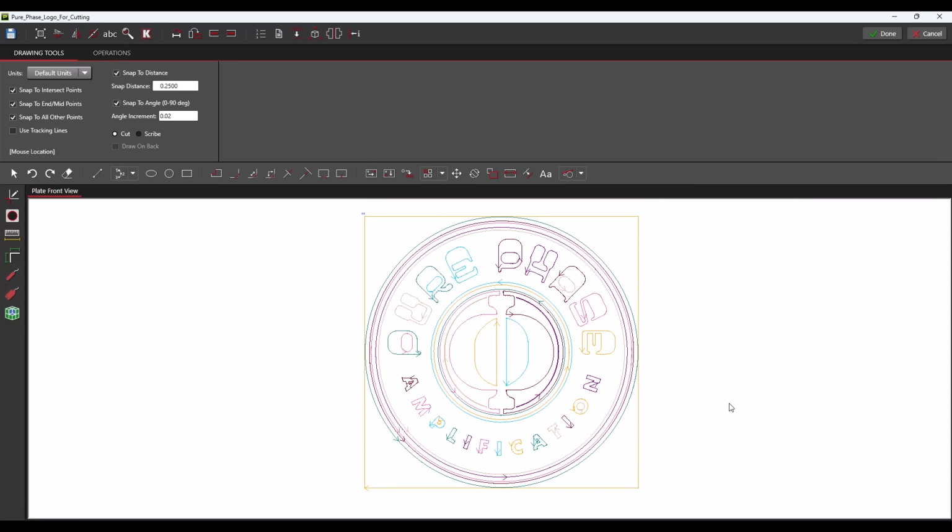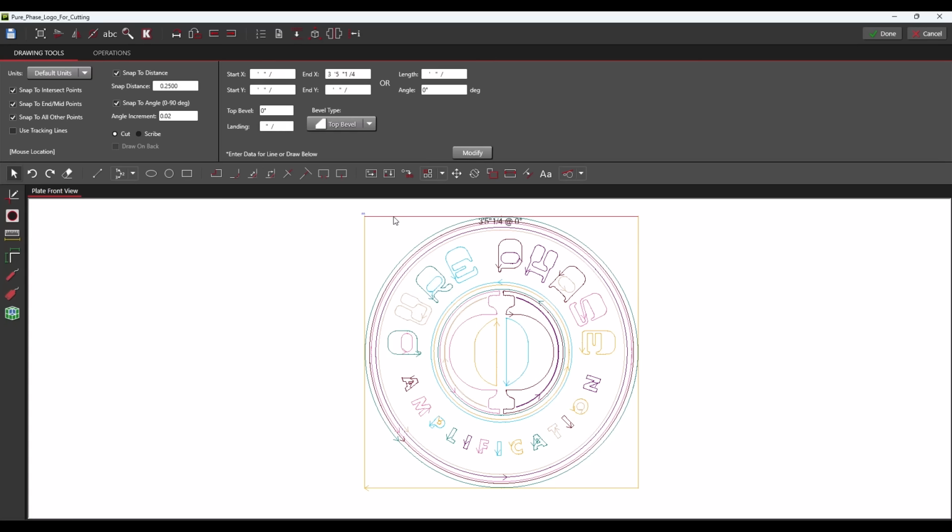First, in our case here, I want this logo to be round, so I'm going to select these cut lines that are in a square around the logo and delete them. So I'll come up and choose the Selection Mode tool by clicking on this button with the mouse symbol on it. We could also just hit Escape on our keyboard. And then I'll proceed to choose the cut lines that are in the square around the logo and hit Delete. Each time we do this, we'll get a prompt asking us if we're sure, and each time we'll click Yes.